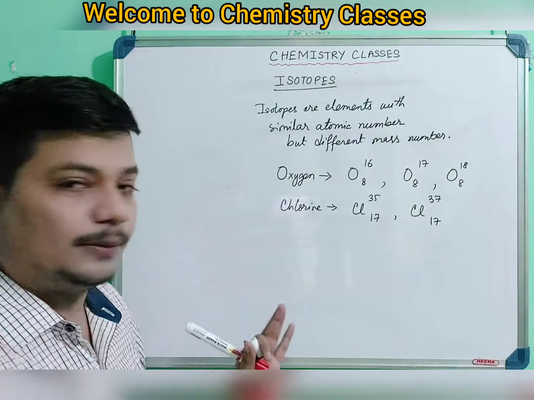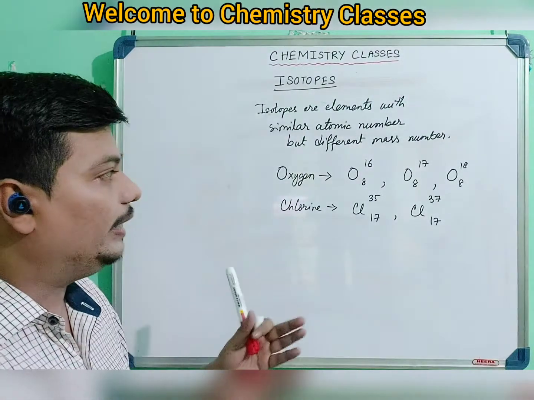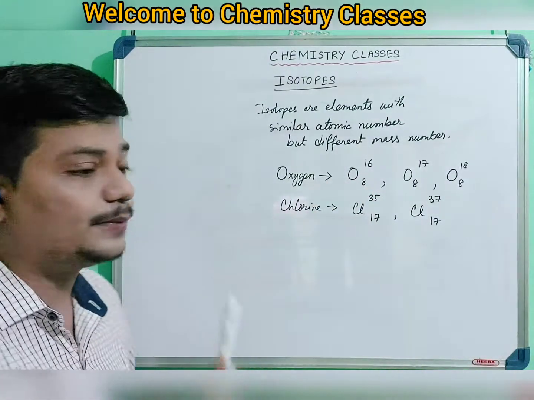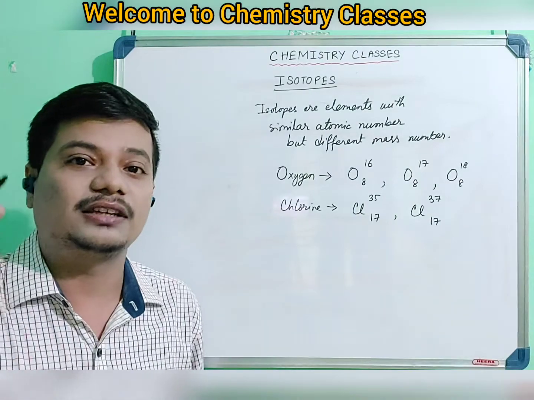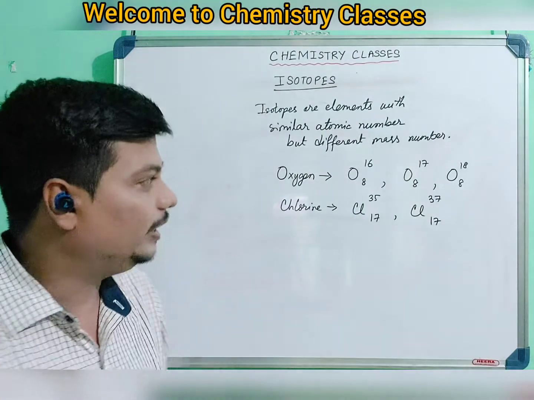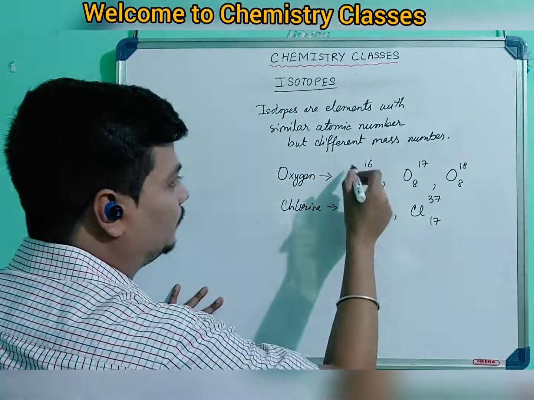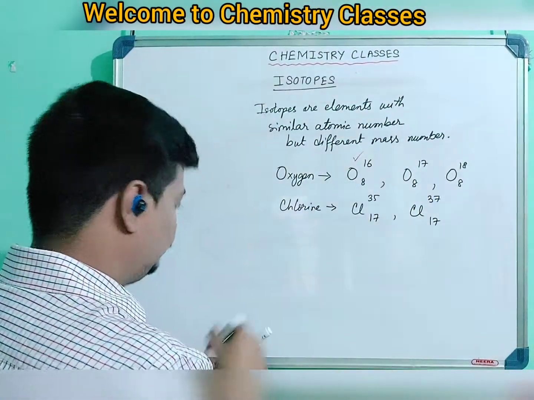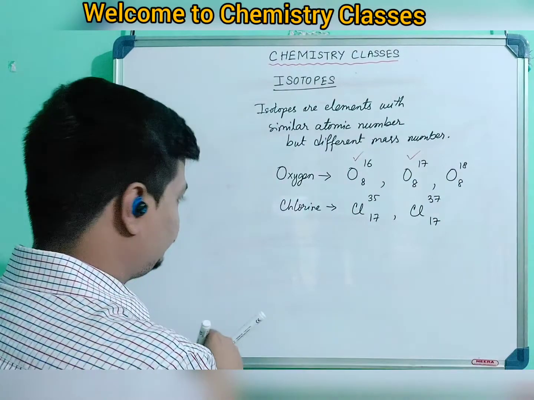I have given you the examples, but what exactly happens? Why is it that the atomic number is the same but the mass number is different? It is because of the difference in the number of neutrons. Okay, if I'm considering this particular example, or maybe this one,